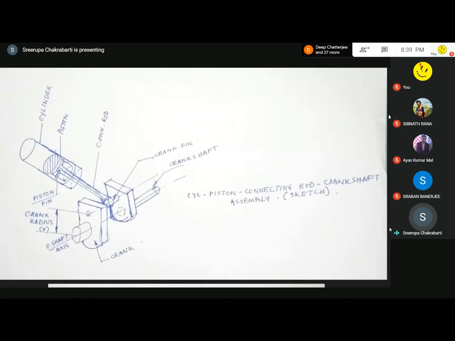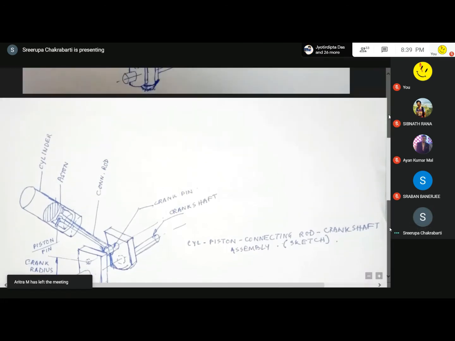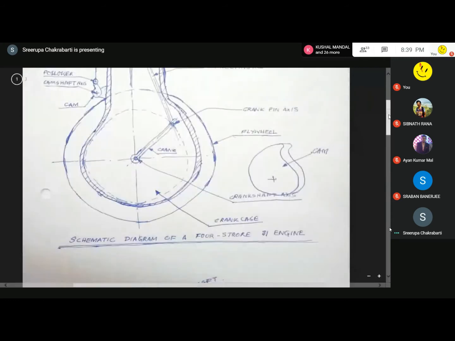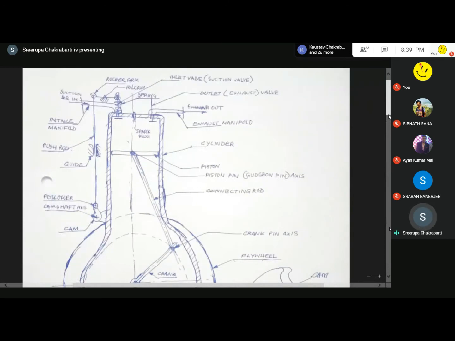So that way, how many cycles are produced per minute? If we can calculate that, we can find out the total amount of work produced by the engine. So this is the theory. Let us come back to the previous slide. I was trying to show you a sectional diagram of the cylinder piston combination. It is a full sectional diagram of the assembly.